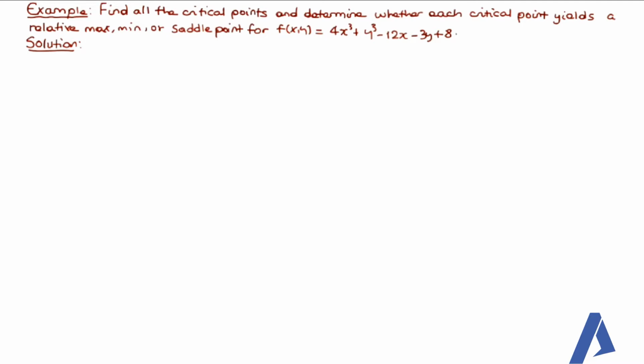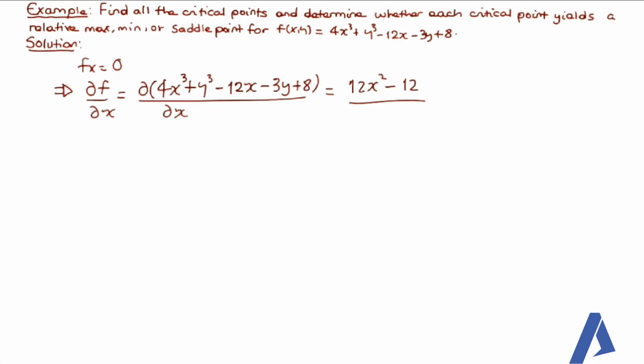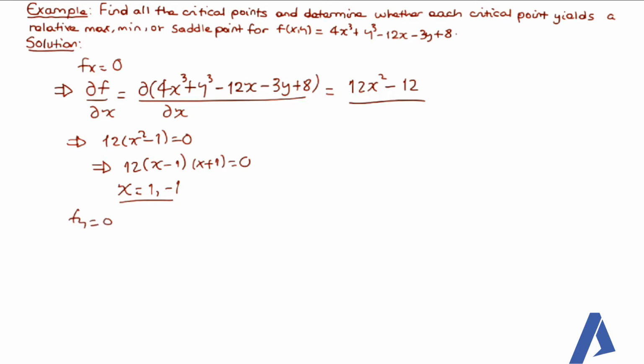ስለዚህ በዚህ መሰረት አንድ ሲምፕል የሆነ ኤግዛምፕል እናያለን። የመጀመሪያ ስቴፓችን የሚሆነው ኢትስ ፋይንዲንግ ዲ ክሪቲካል ፖይንትስ። ቱ ፋይንድ ዲ ክሪቲካል ፖይንትስ የመጀመሪያው ኬዛችን ምንድን ነው? fx is equal to 0 ነው። ስለዚህ ይሄ ይመጣል። ስለዚህ fx is equal to 0 implies that 12x squared minus 12 is equal to 0, which is also the same as 12 times x minus 1 times x plus 1. ስለዚህ critical points in x 1 እና minus 1 ናቸው።